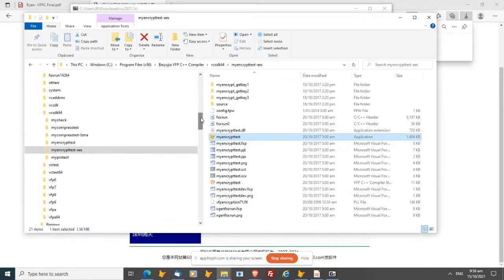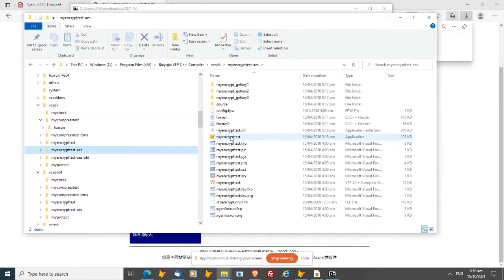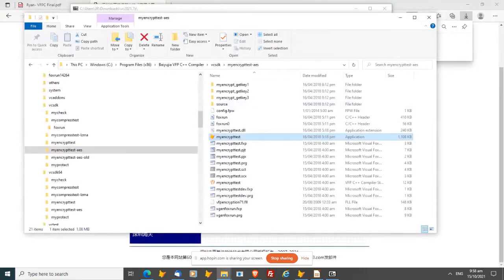So if we now go to the 32-bit version and look under my encrypt test AES, okay, this explains why it was trying to use that FLL, because basically you can encrypt and then you can decrypt either using or not using Craig's DLL. And what this is showing you is that whether you utilize the FLL or not, you're getting exactly the same result. But actually, that's the only purpose, and the rest of the encryption that's occurring is inside these foxrun files here,